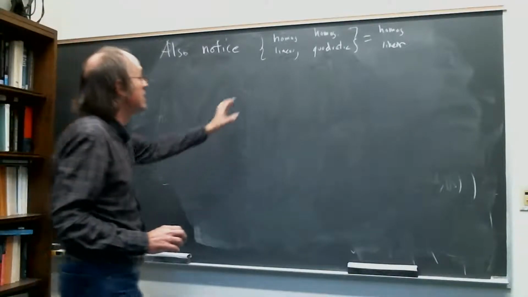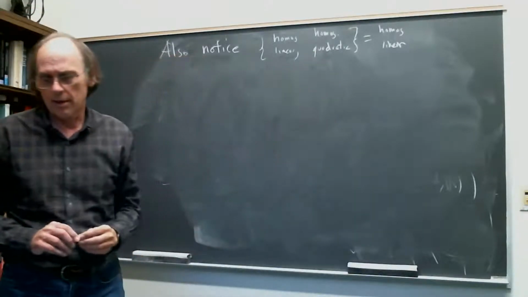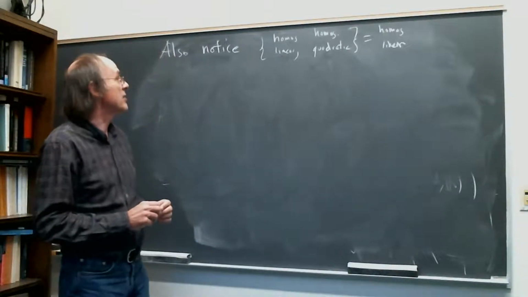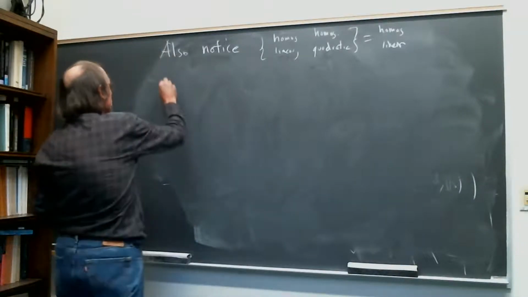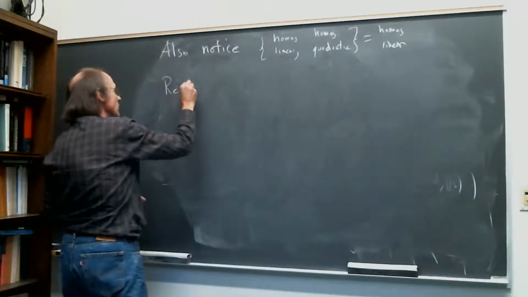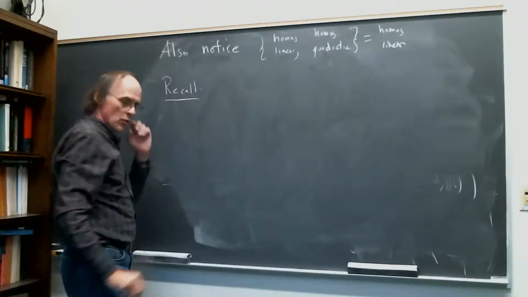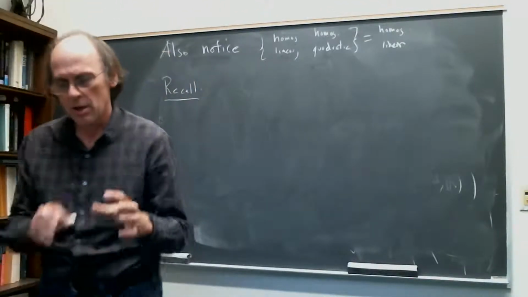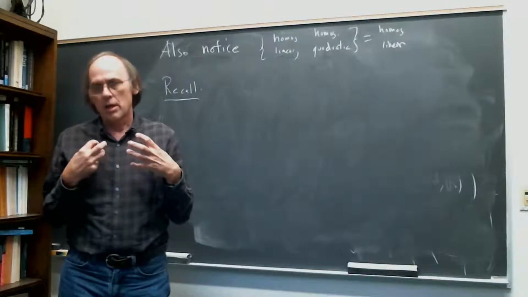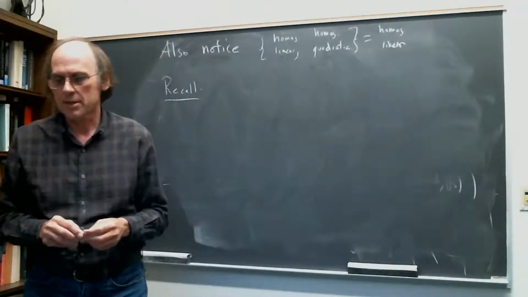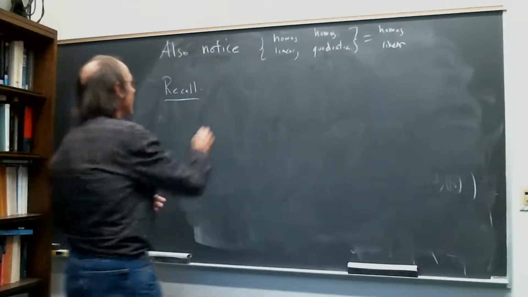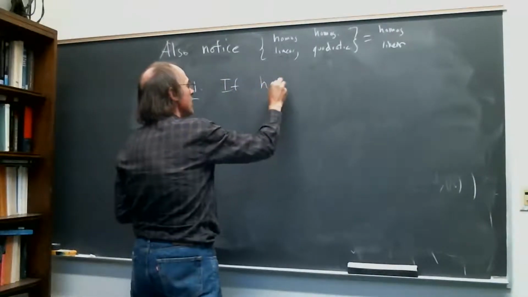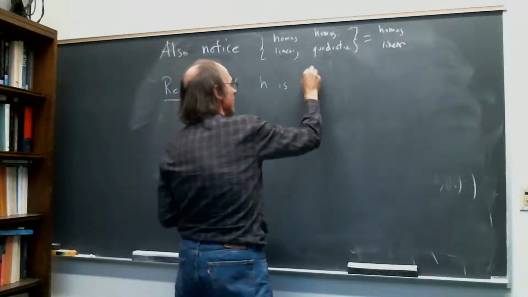Maybe one way to say it is that you only really need one main piece of information, which is this basic principle in Hamiltonian mechanics. Recall that if h is the Hamiltonian function,